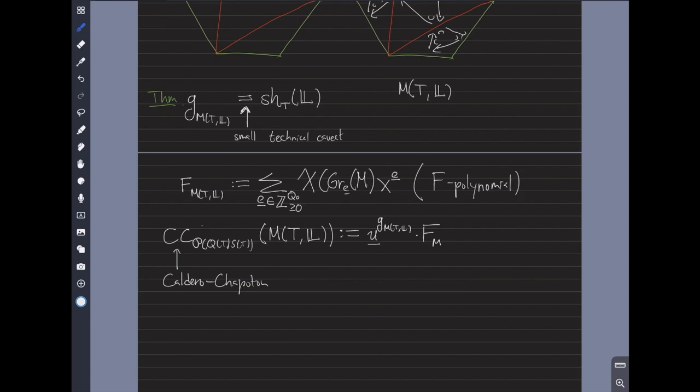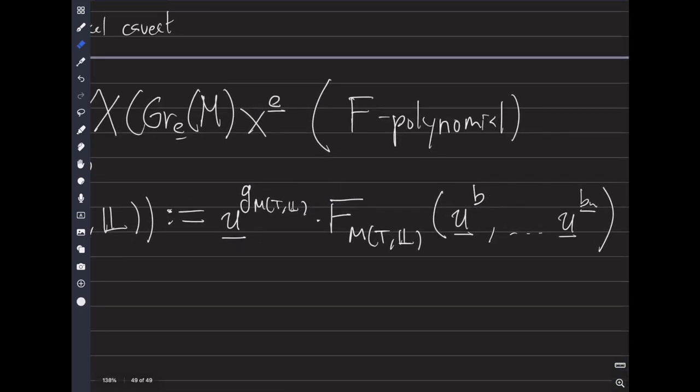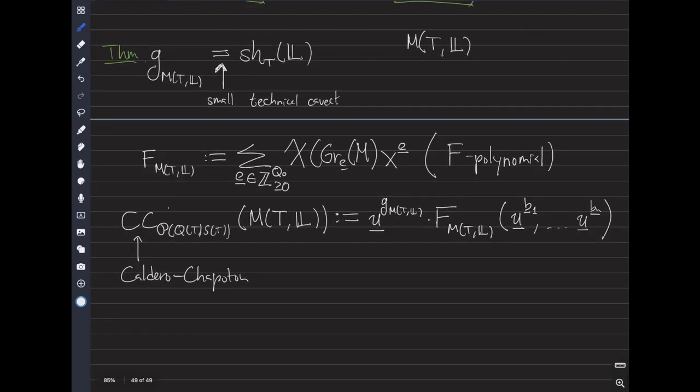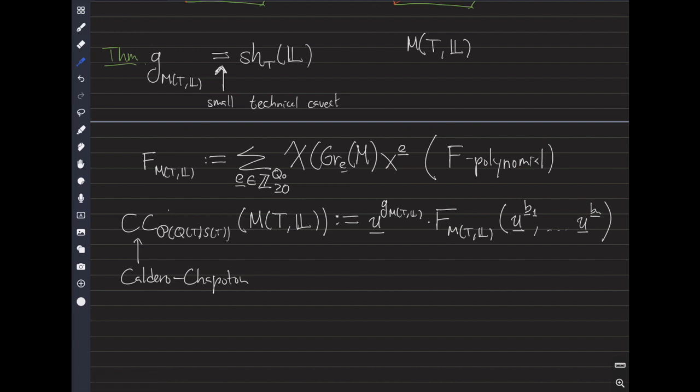F, if I'm not mistaken, F is for Fibonacci. Although the ones who defined it were Derksen, Weyman, and Zelevinsky. And this F of M, TL, evaluated, it's not entirely that polynomial, but you have to evaluate it in U, and then take B1 underline, and I'm going to explain what that is, etc. UN underline. Sorry, for time reasons, there are certain small technical caveats that I'm skipping. But here this B underline J is the J column of the matrix corresponding to the quiver